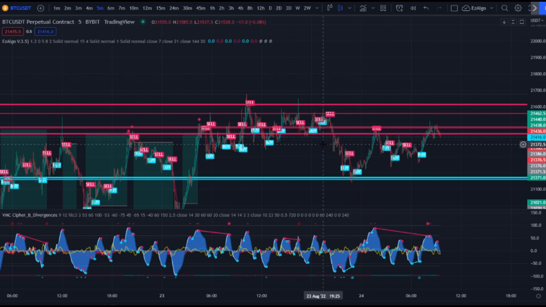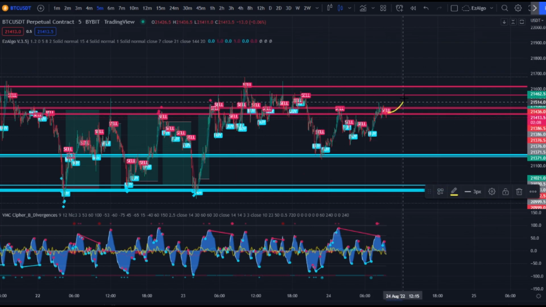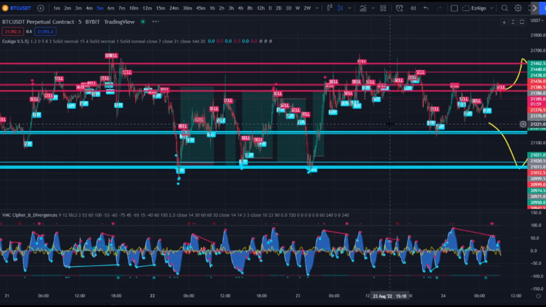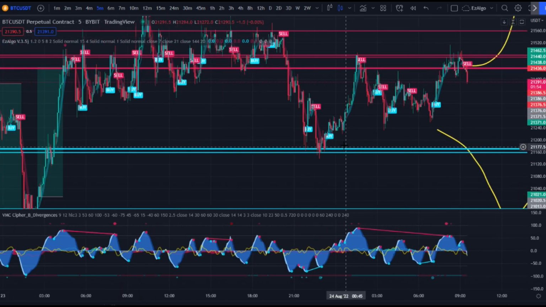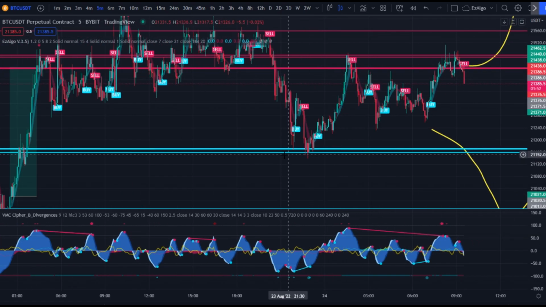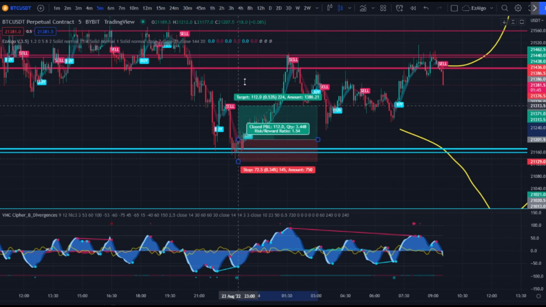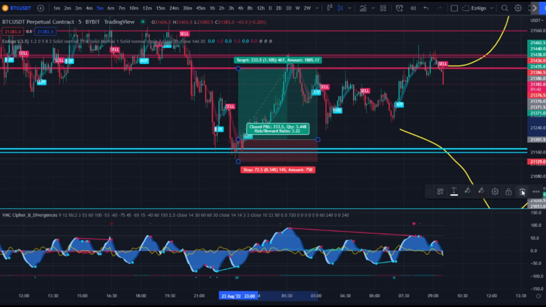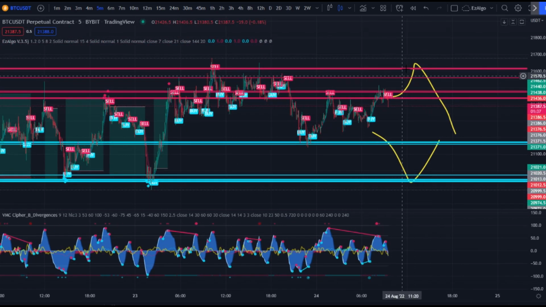trades, and you want to wait for a couple of things in this case. You either want to wait for price to come back up to this very high level right here and look to take a short, or you want to wait for price to come down here to this low level and take a long. When price is looking like this, you don't want to be taking a trade inside of this zone, although this would have been a good long position right here off of this support zone, and we did get a bullish divergence confirming right there. Technically you could have entered that trade, right, and target this level for your take profit, but that's not a high probability setup. The trades that we want to take are at these very low and these very high levels,